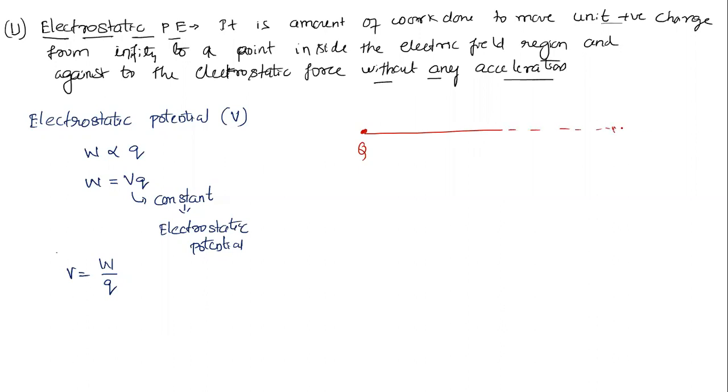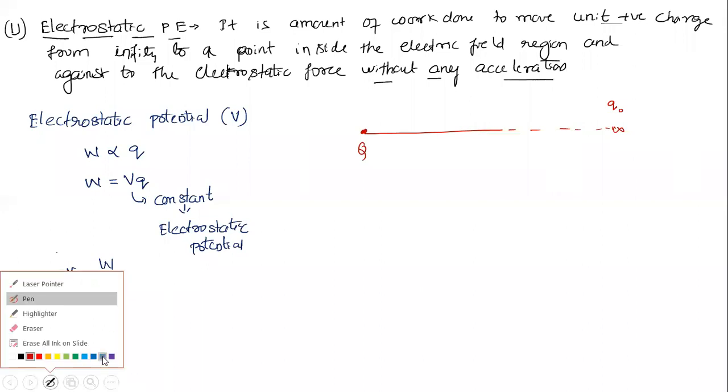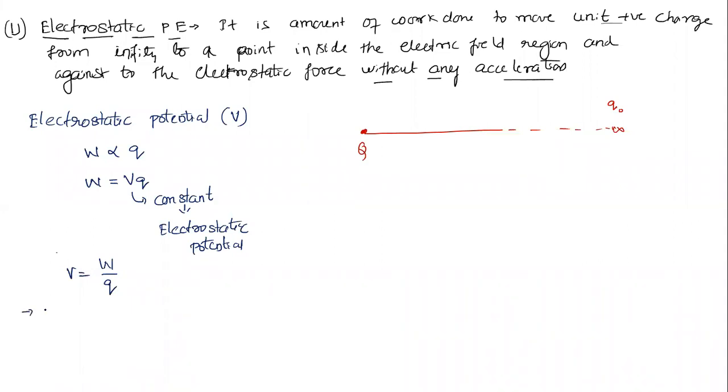Let's say now this is an infinity point. I'm going to bring a unit positive charge Q naught from infinity. So we're going to do work, right? From this, what definition can I say? It is the amount of work done per unit positive charge. Since it is a unit positive charge, you can say just the amount of work done, or more particularly, the amount of work done